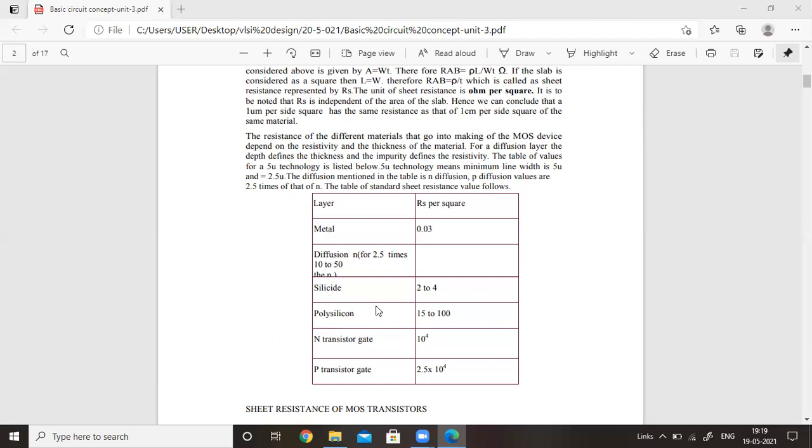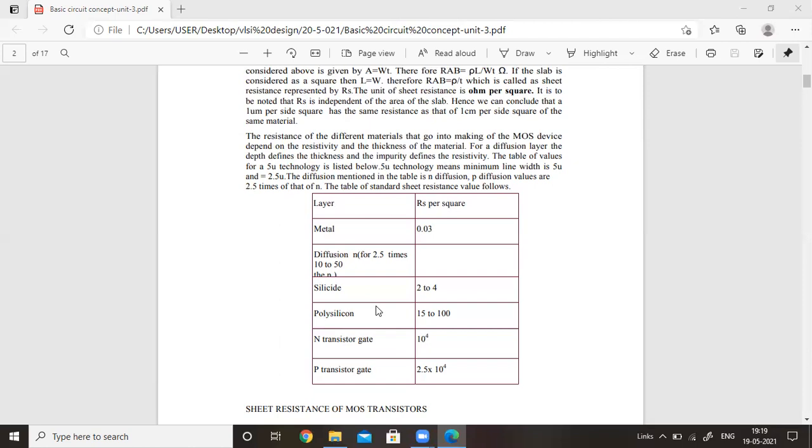For the minimum size transistor, the channel is 2 lambda into 2 lambda, so the area is 2 lambda into 2 lambda, where width W is equal to length L of the transistor, because it is a minimum size transistor. And don't forget, the width of the polysilicon defines the length of the transistor.